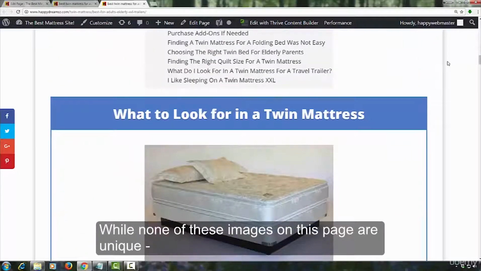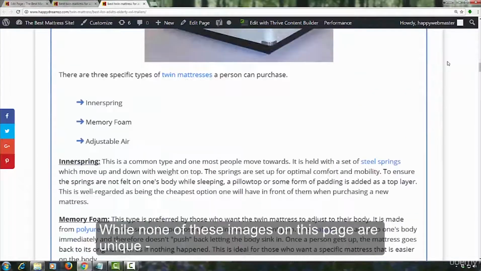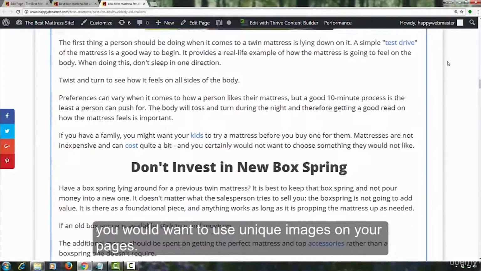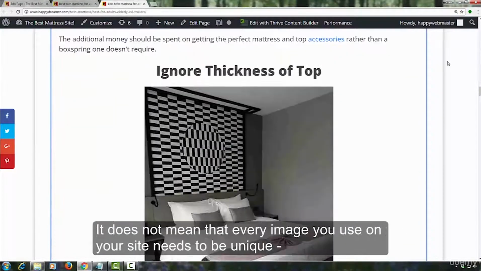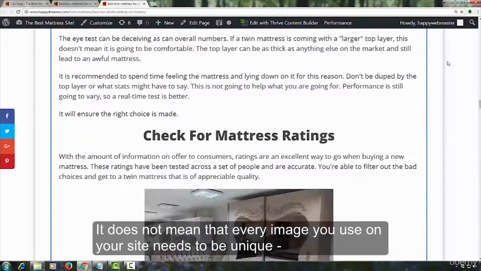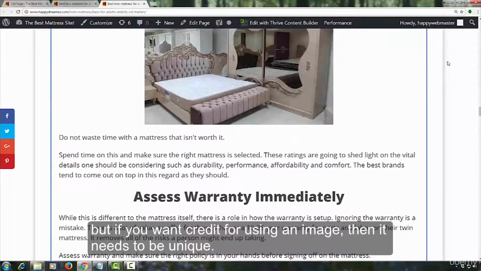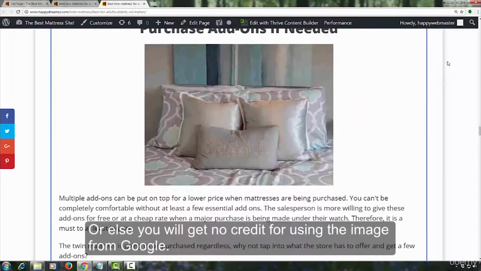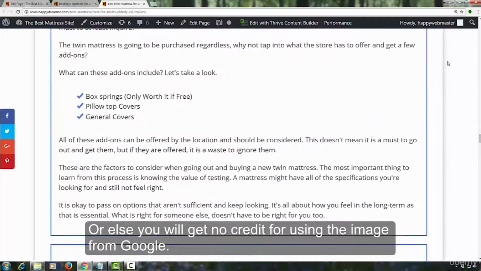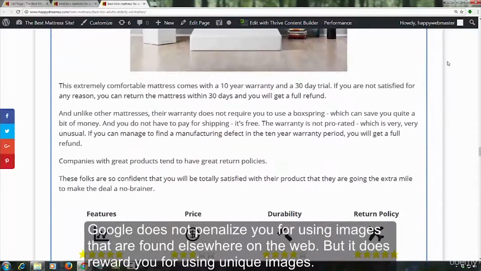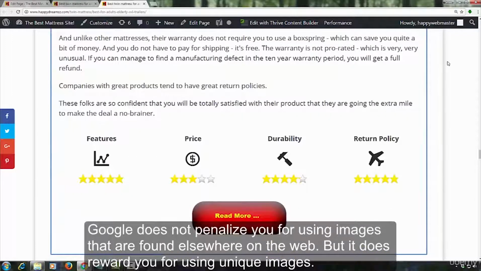While none of the images on this page are unique, these are here only for illustration. You would want to use unique images on your pages. It does not mean that every image you use on your site needs to be unique. But if you want credit for using an image, then it needs to be unique. Or else, you will get no credit for using the image from Google. Google does not penalize you for using images that are found elsewhere on the web, but it does reward you